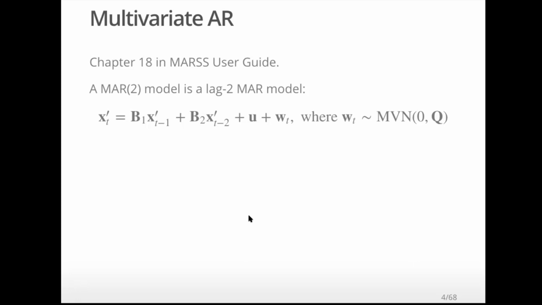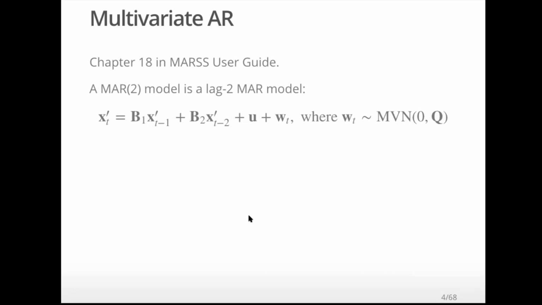The reason for that is that a lag P model can be hard to estimate, but there are great algorithms for fitting MARSS models. And early in the class, I mentioned the Kalman filter, and that is a really